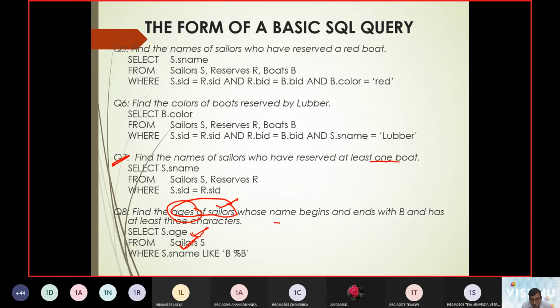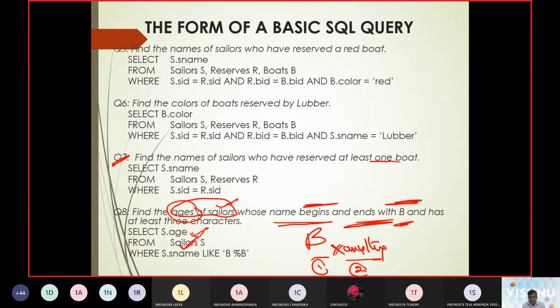The name should begin with B and end with B. We need to check in the entire database that the first letter should be B, the second letter can be anything, and the last letter should be B. It has 3 characters, so obviously the second can be anything and the third character is going to be B. The name should begin with B, end with B, and have at least 3 characters.